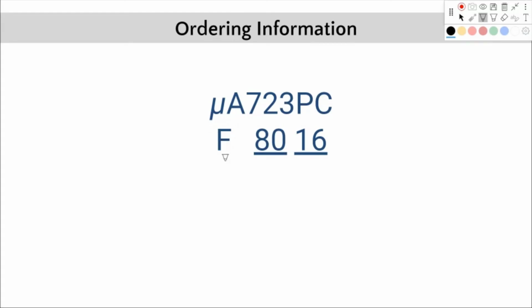F is again coming from Fairchild. Now this 8016, this first two digits are year of manufacturing. Like this chip was manufactured in 1980 and on the 16th week of 1980. So last two digits are week number. Okay, so like this, there can be very different ways of what is the information available that you can read on an IC. Like I said, there is no one consistent format. You always have to refer to the data sheet, but you should have some idea of what is that information on the IC.